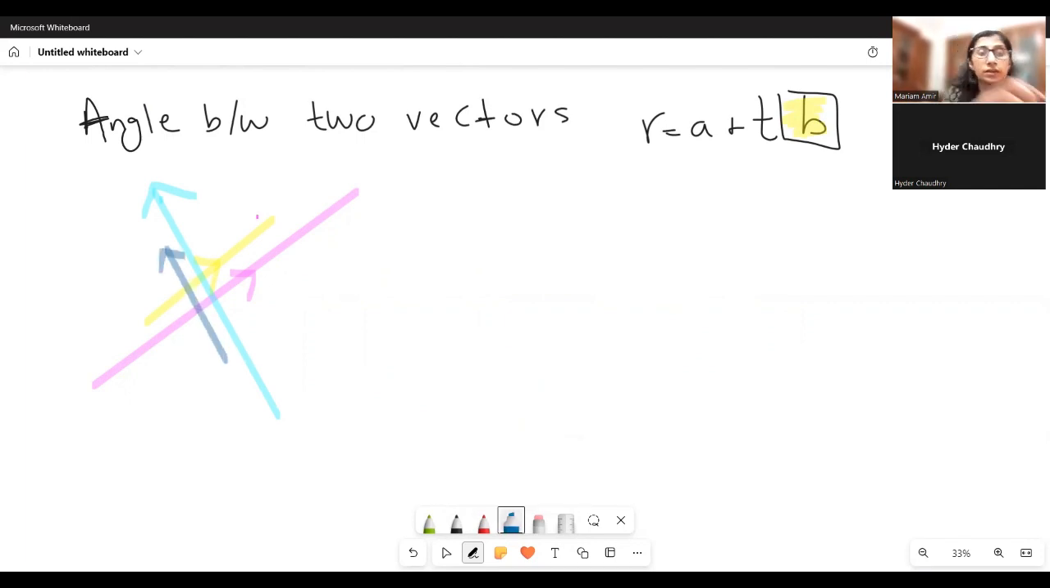So notice that whatever is the angle between the original two vectors, the pink vector and the blue vector, you'll get the same angle between the parallel vectors to the original vector. Or in other words, you will get the same angle between the direction vectors. Whatever is the angle between the two vectors, you will get the same angle between their direction vectors. So all you have to do is find the angle between the two direction vectors. So the question is, find the angle between